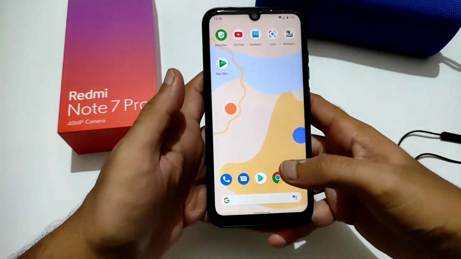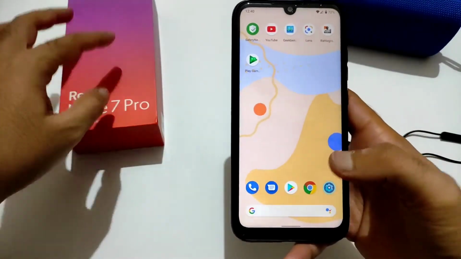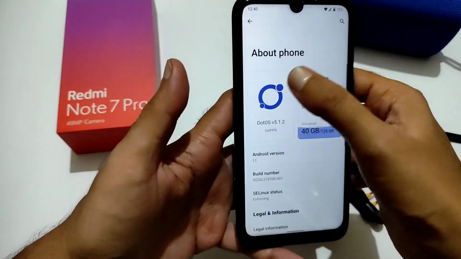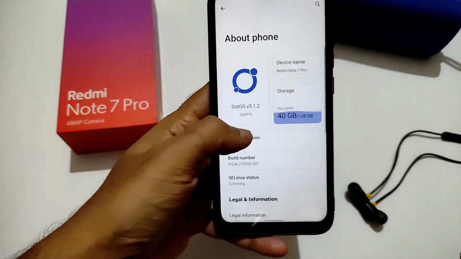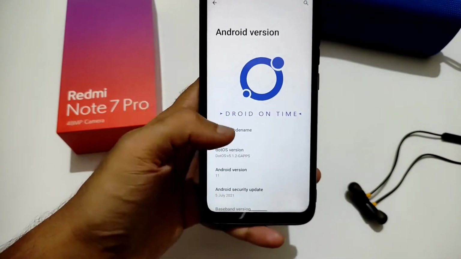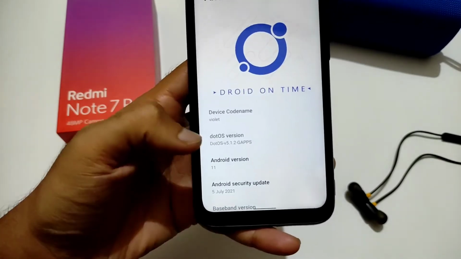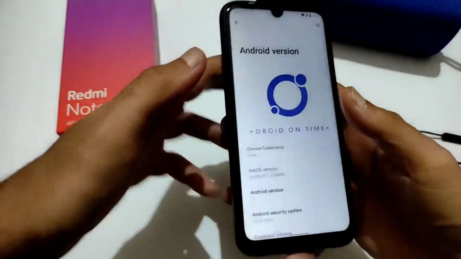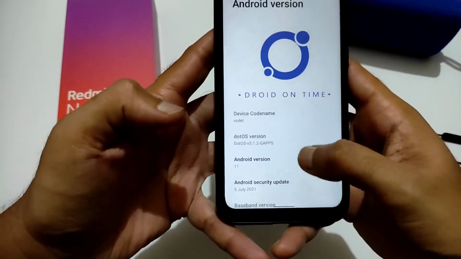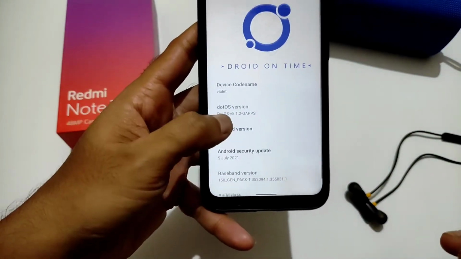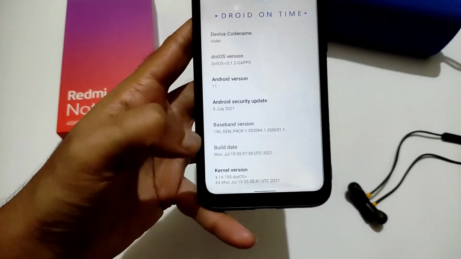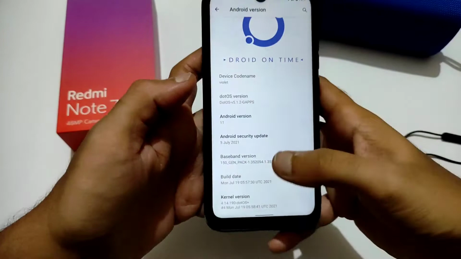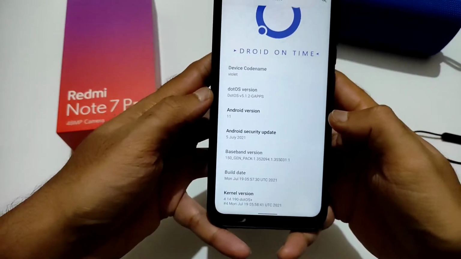This is Sampath. You're watching Sampath FX channel, and this is a Redmi Note 7 Pro, and this is the .os version 5.1.2, as you can see. This is the drawdown time. I'm in the .os 5.1.2 GApps version. If you want, you can even install the vanilla OS type version. This is for Violet. I'm on the Redmi Note 7 Pro, the latest build with the 5th July 2021 security patch, and you'll get this baseband version and build, and this is the kernel you get in this ROM. As you can see, there's the .os 5.1.2 GApps.